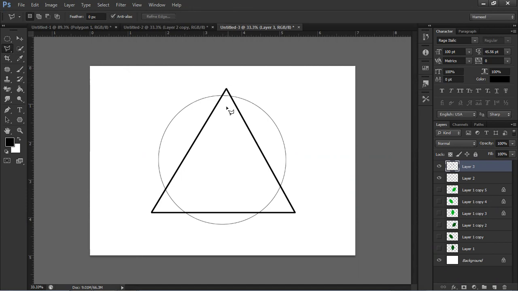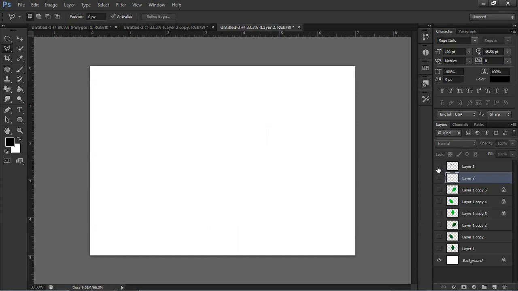So the choice is yours. If you are interested to erase the inner parts from this circle, what you can do is that half of them will be wiped out, the outer portion will be visible, and only the inner part would not be visible. So with the combinations of these things, you can very easily start creating anything. So let me show you the last option, and that is